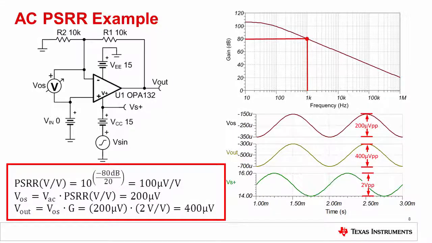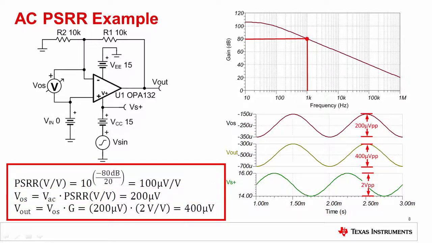Here we are showing a transient response to an AC supply voltage. The AC supply voltage is at 1 kHz. The AC PSRR curve shows that PSRR is 80 dB at 1 kHz, which translates to 100 microvolts per volt. Multiplying the 2-volt peak-to-peak input signal by the 100 microvolt per volt PSRR specification yields a 200 microvolt peak-to-peak input